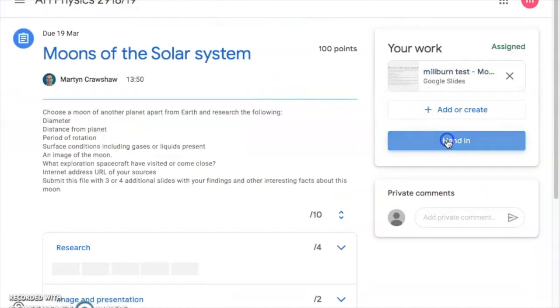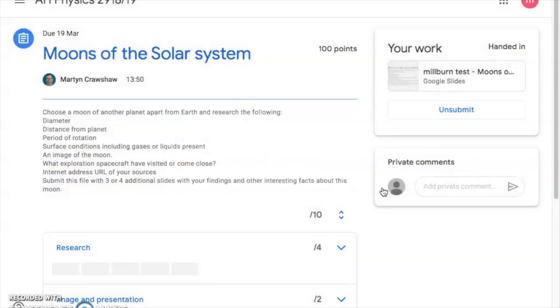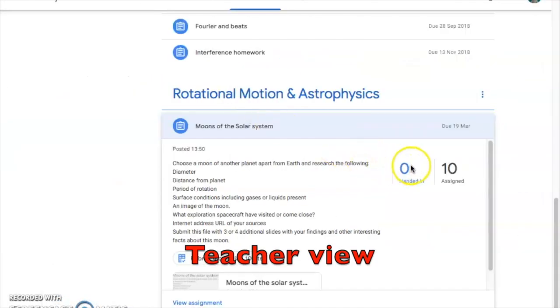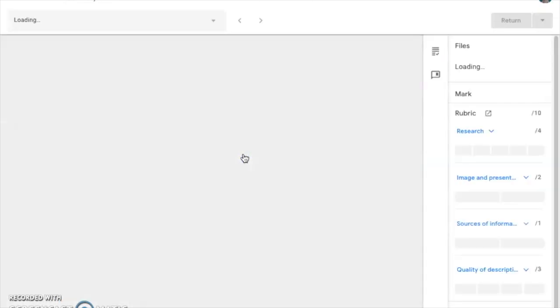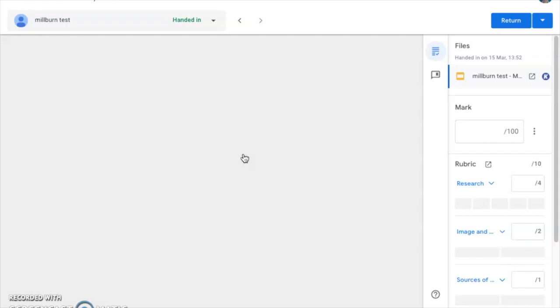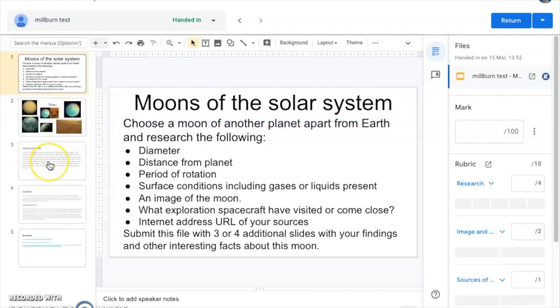So they would hand in or submit their assignment there, and once it's handed in, if we go back to the teacher's view of this, you can see that that's just been handed in, and the teacher would then open it up, and in a new tab you would get the work that the pupil had done, and it's now a chance to comment on it and to grade it using